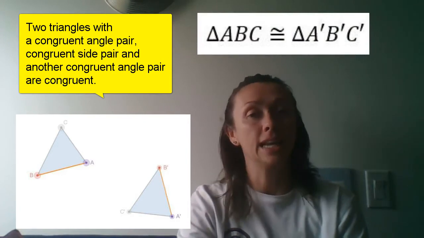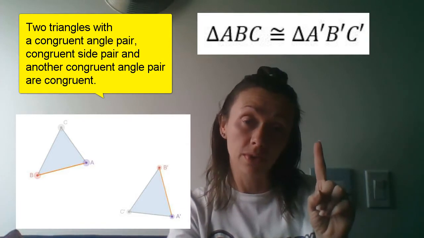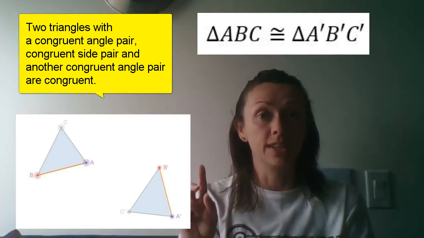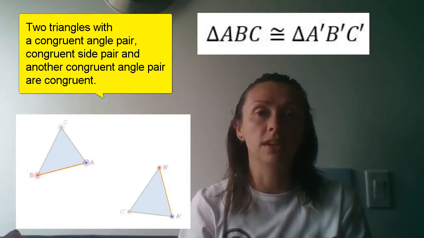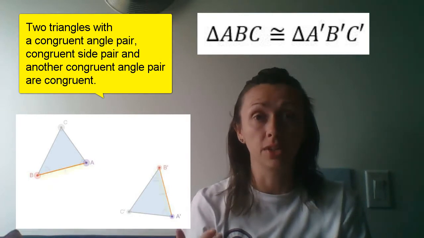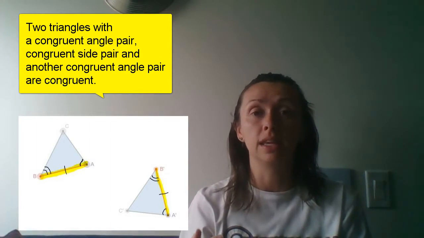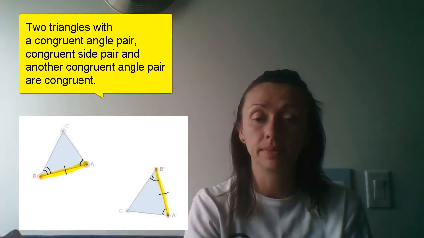So what we're looking at here is, instead of having two sides and one angle, we're reversing that relationship. Now we're going to have two angles and one side, and it has to be a specific location for that particular side. The side in question needs to be the side that the two angles share, the one that they have in common. Okay? So we are going to walk through the same transformation proof that we did for why